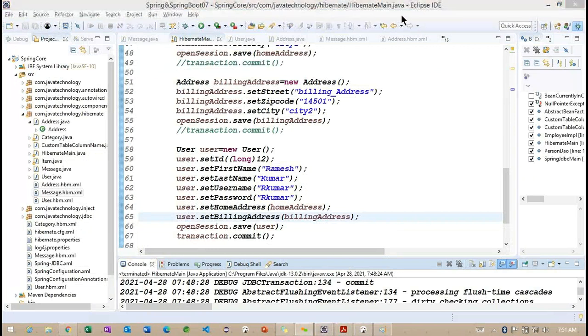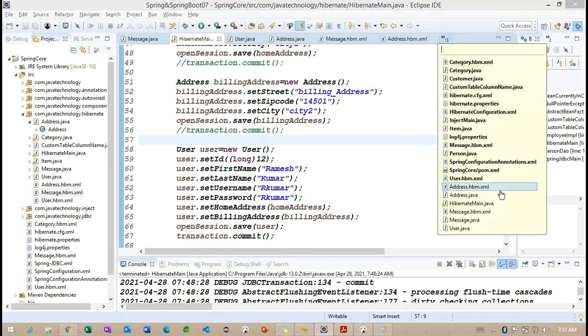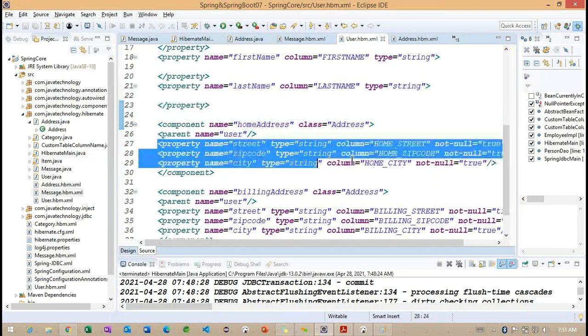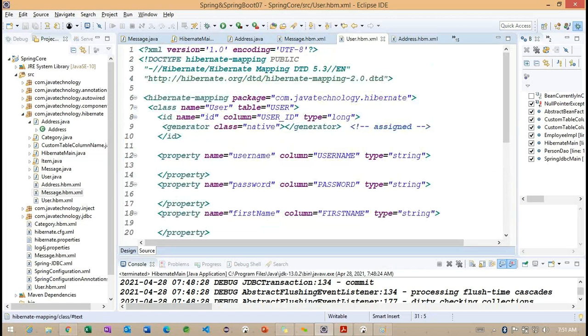And what components we need to provide here. So inside the user, so like what are the components we provided here. So those are the very important components we need to understand here. So user.hbm.xml. And now we can understand here how many properties we are going to create. So these properties are going to create inside this particular user table.